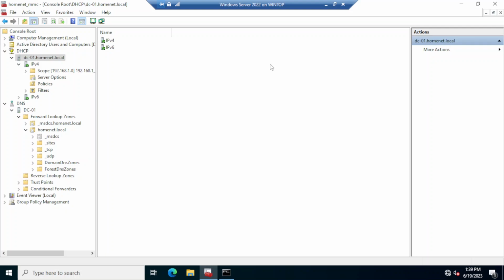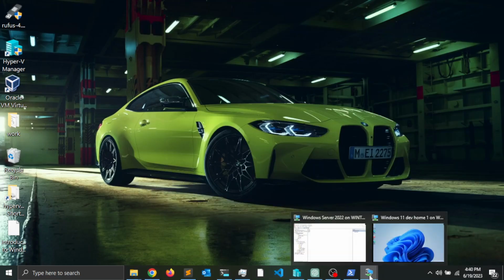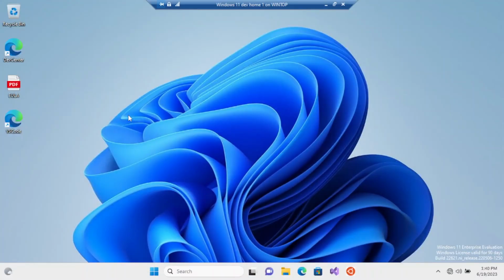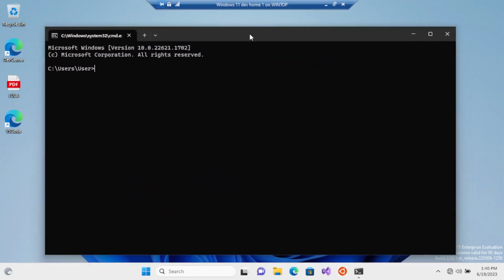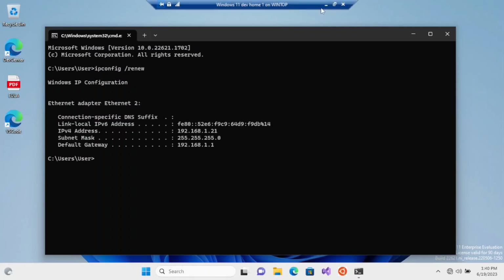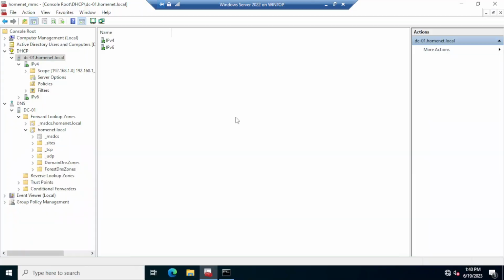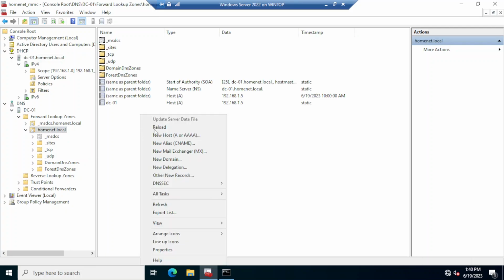the next thing, in order to test whether or not dynamic DNS is working in the network, is to go over to the client machine and force it to renew the IP configuration. So let's do Windows R, CMD, and here let's do ipconfig /renew. Okay, so let's go back to the server. If I click on my DNS domain name and refresh,